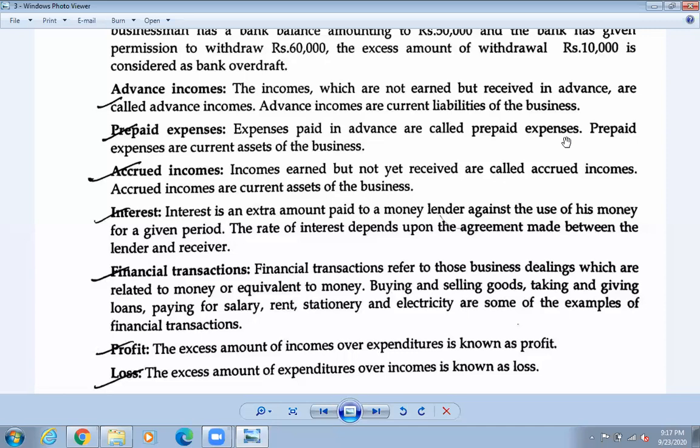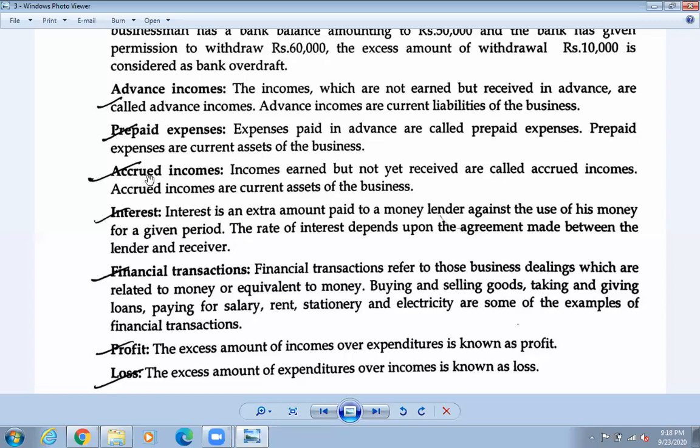So you need to purchase a laptop. You need to buy a laptop, the laptop will come after 5 days, and you leave the money. So still you have not bought the laptop but you have left the money in that shop, so that is called prepaid expenses. The expense is done, but before you bring the item, if you are paying to that company, that is called the prepaid expenses.